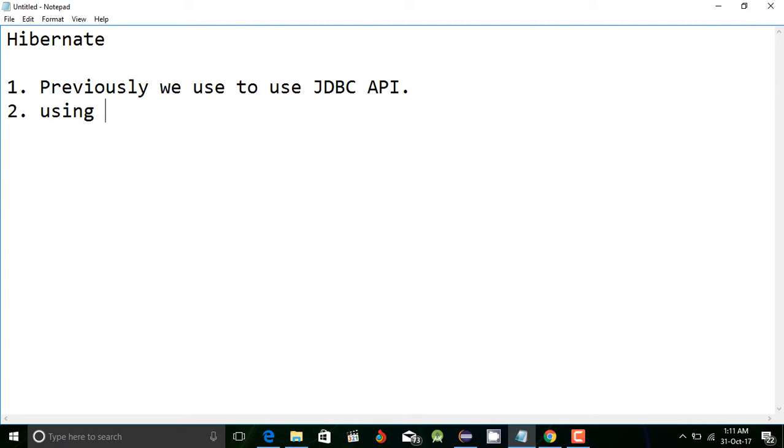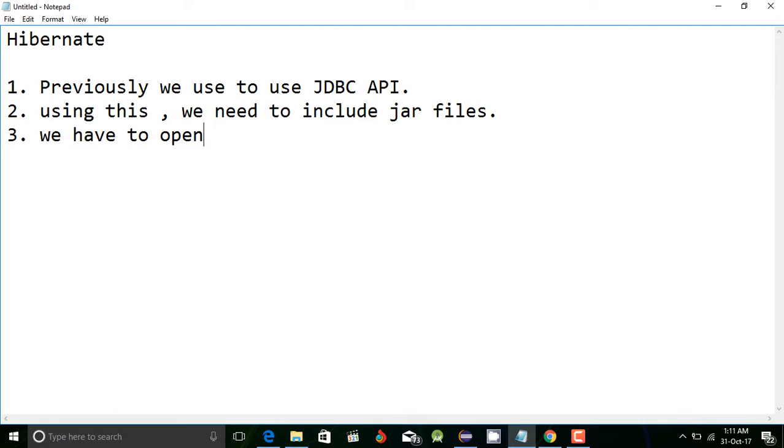Using this API, we need to include jar files, and the second thing is that we have to open a connection object and close it,